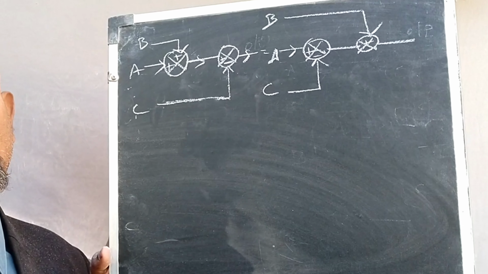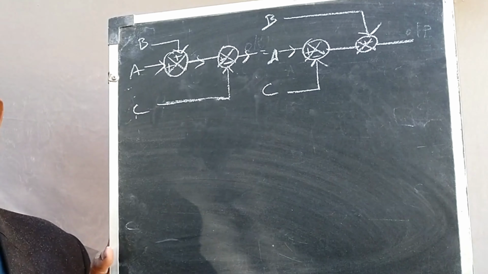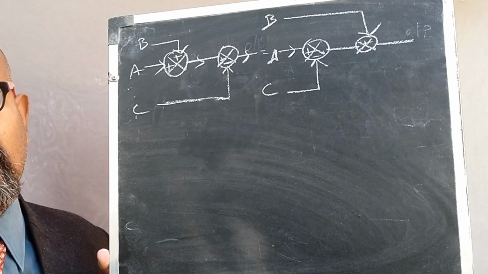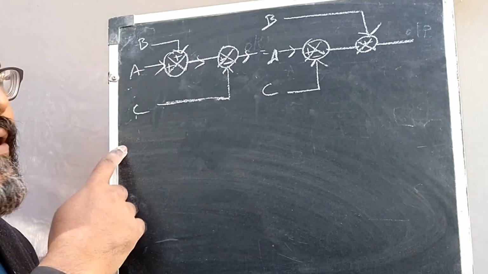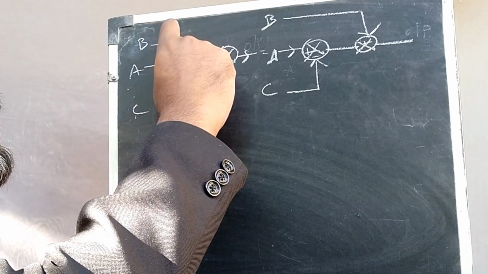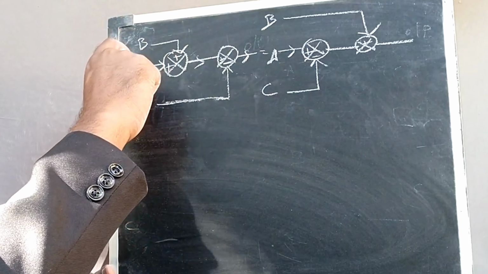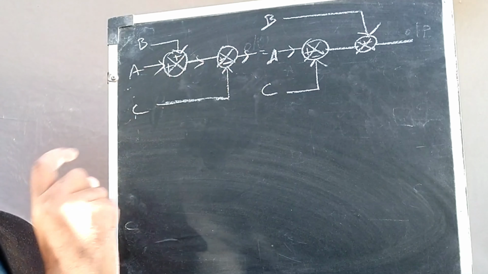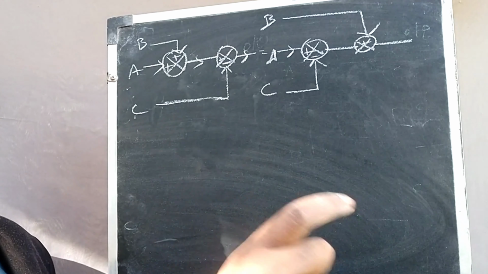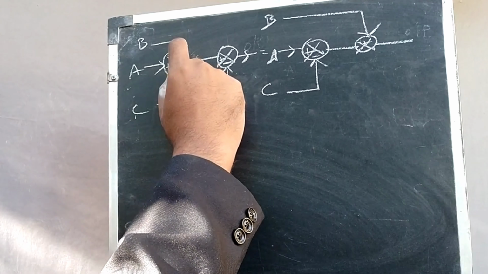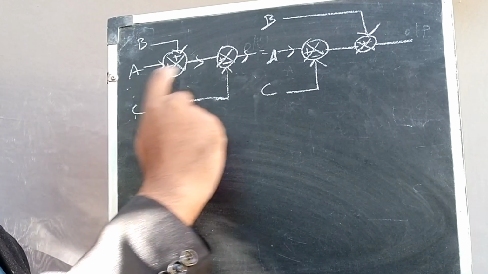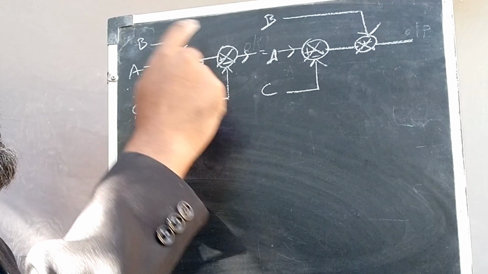Okay. The next rule is also for the summing point. Already we saw splitting the summing point and combining the summing point. Here we need to interchange the summing points. Suppose you want to shift this here and this here, to interchange these summing points, the rule you need to follow is the same. No need of sign changes and no need of arrow mark changes. We're just shifting this and this. No need of interchanging A because A is the forward path. You need to shift C and B here.